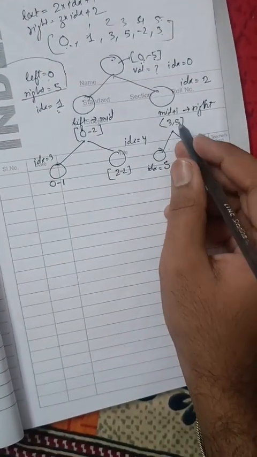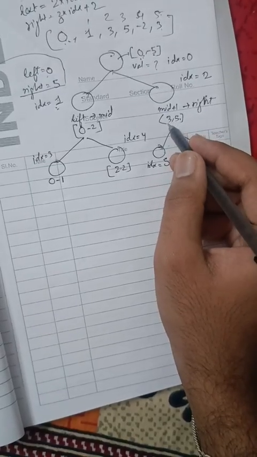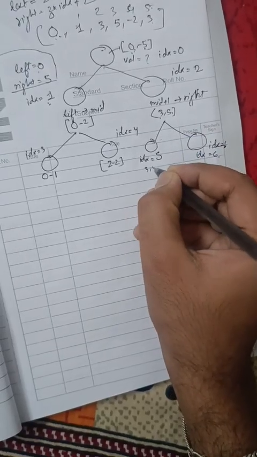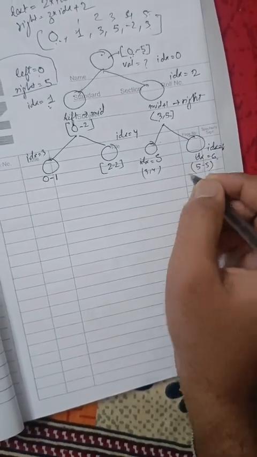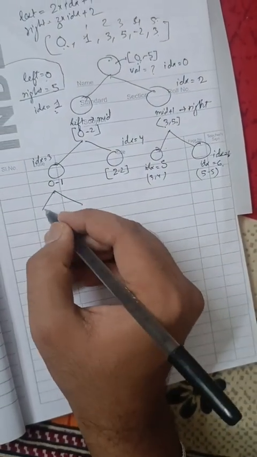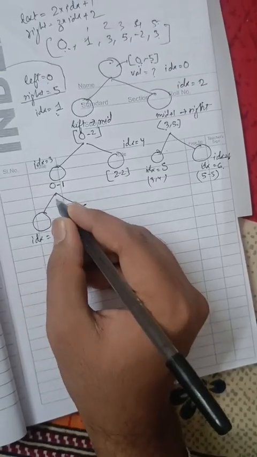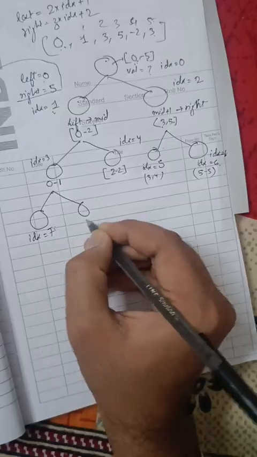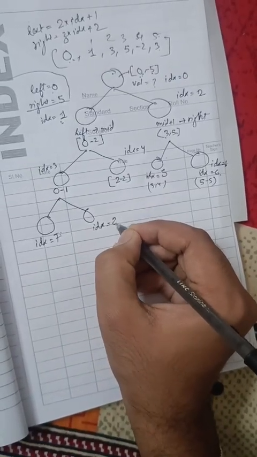Now the range of this will be 5 plus 3 is 8 divided by 2, that is 4, that means 3 to 4, and this will be only 5, right? 5 to 5. Okay, now this cannot be divided, but this can be further divided, right? So the index will be 3 to 6 plus 1 is 7, and this index will be 3 to 6 plus 2 is 8,